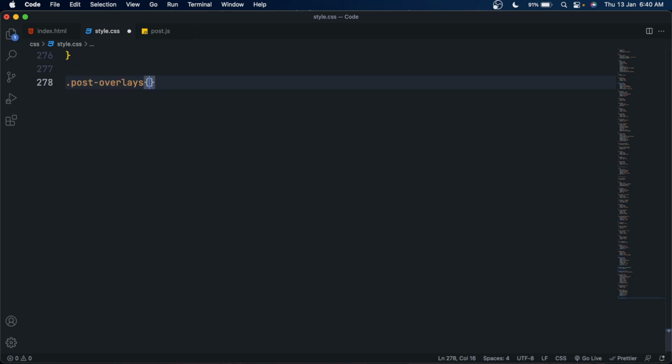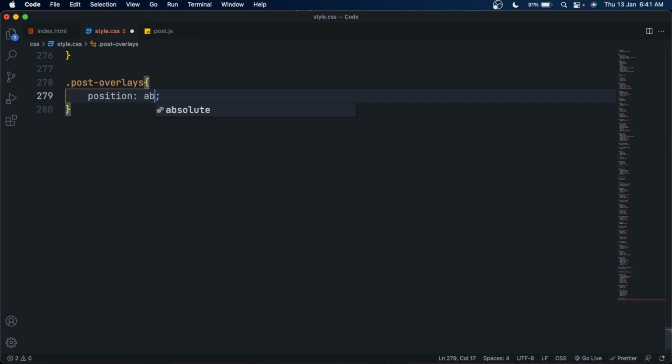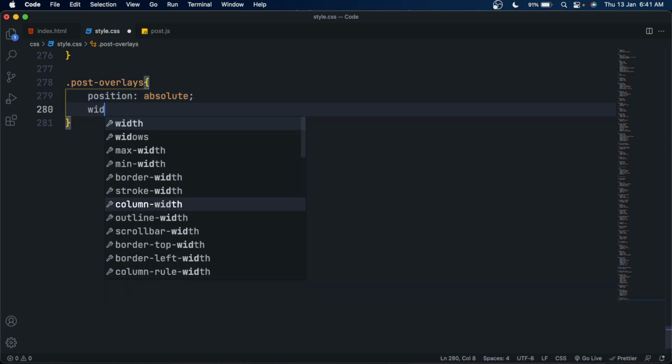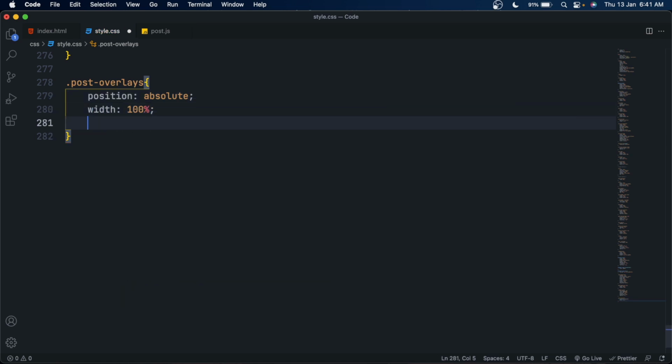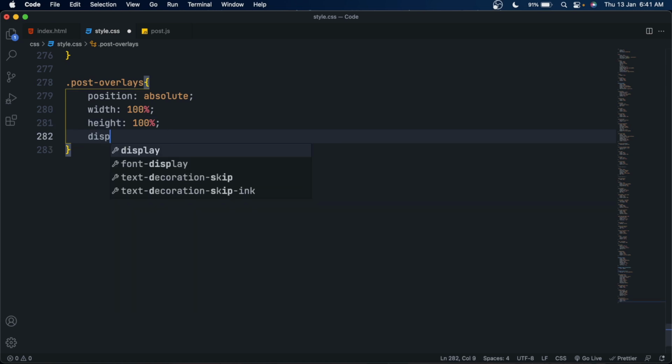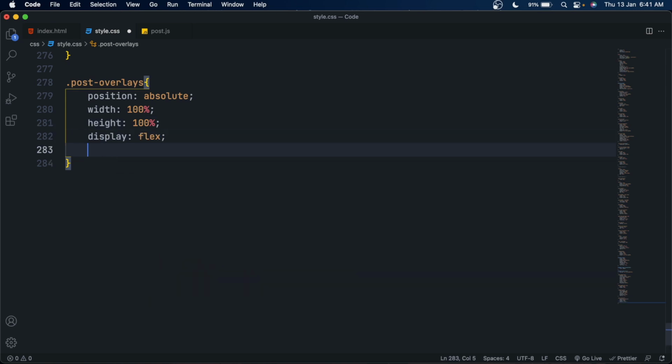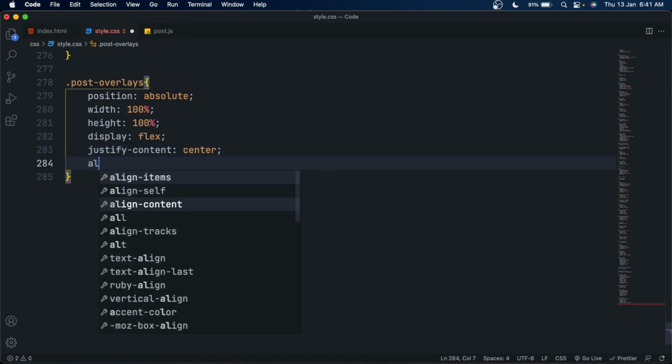So you can see the red icon above the image. Now let's style it. So select the post overlay inside the style.css file and set its position to absolute because we want it to be over the images, and set its width to 100% and height to 100% also. Set its display to flex and set its justify content center, align items center.